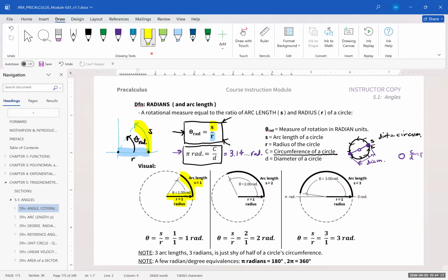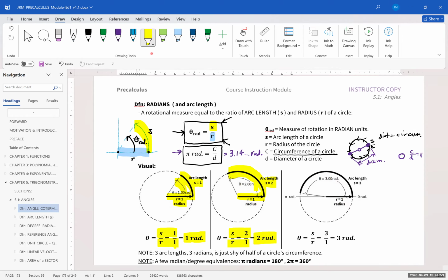And if you look at arc length and radius as being the ratio of 1/1, then that gives you a rotational measure of 1 radian. So this is a 1 radian rotation. Keeping the radius the same, if we increase the arc length to 2, and we keep the radius at 1, a ratio of 2/1 gives us a